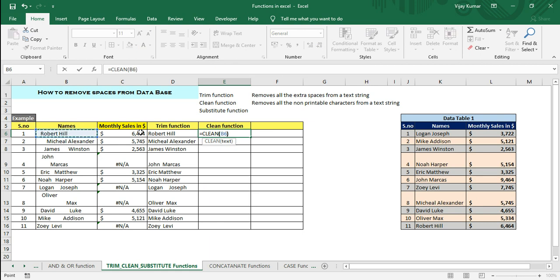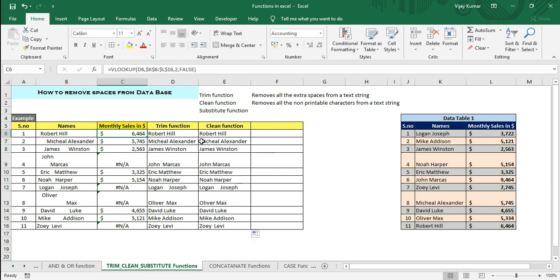After removing the non-printable characters, I need to remove the spaces as well. So I'm going to use the TRIM function again, to remove all the extra spaces from the beginning of the text to the end of the text, and in between. I'm going to close the parentheses and then enter.